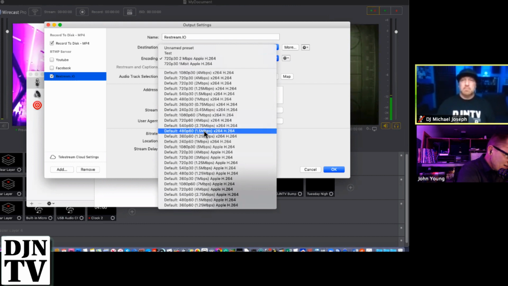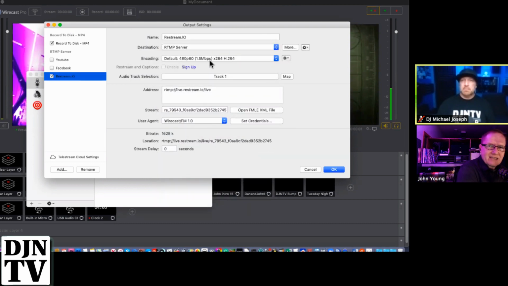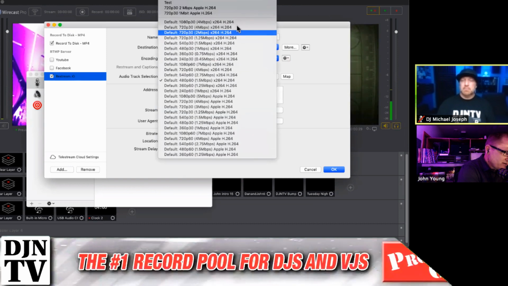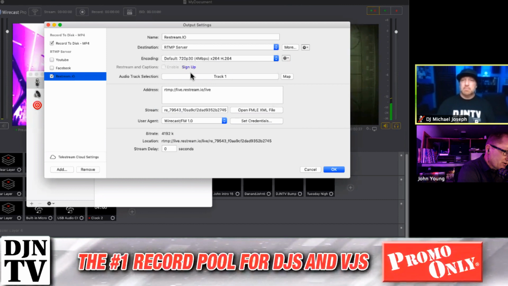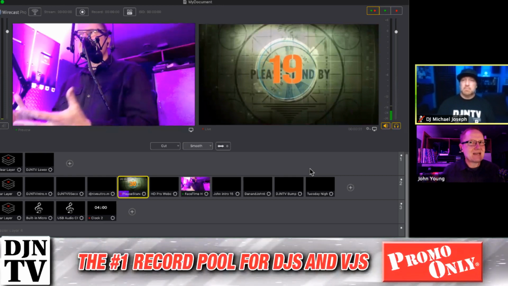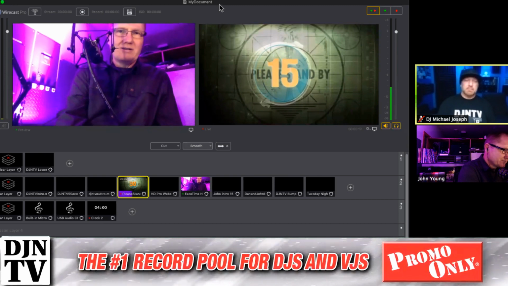And to give you an idea of that, it's a 1.5 megabit stream as opposed to a 4 meg stream. So you can adjust things. There's a lot of flexibility with Wirecast, but then again, you're also paying for a lot of those additional features. So anyway, that's just an overview of Wirecast.